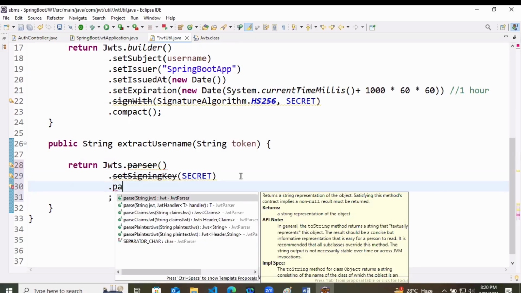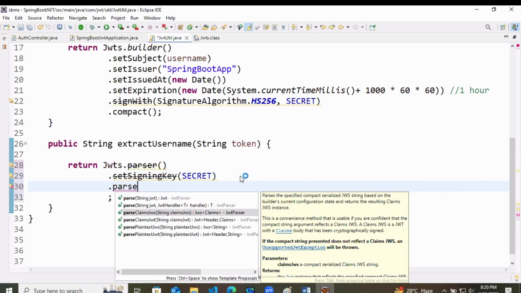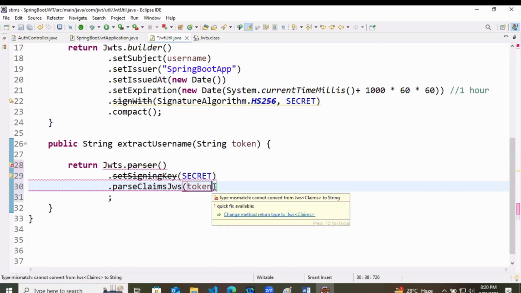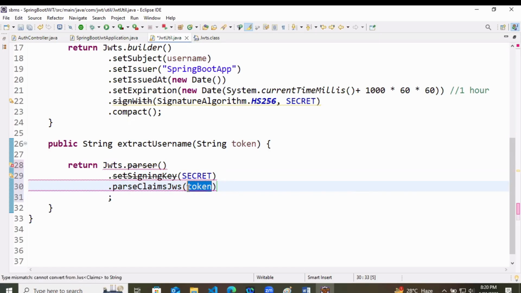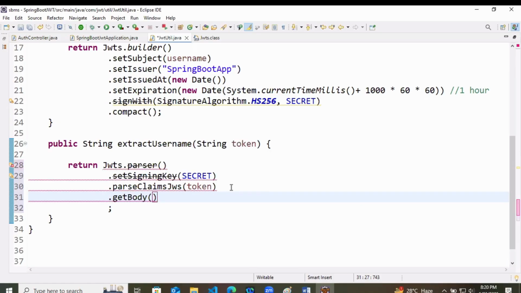Dot parse claims JWS. Claims JWS means the user is claiming that this is my token. So you have to parse that token. Dot get body, take the body of that token.